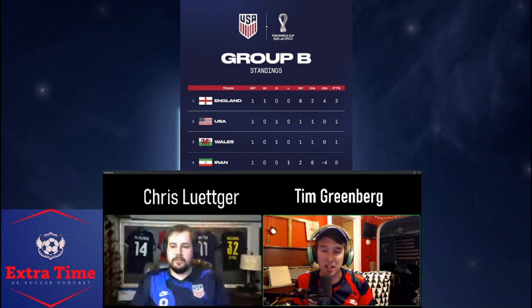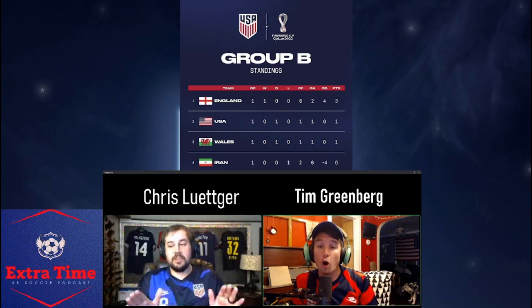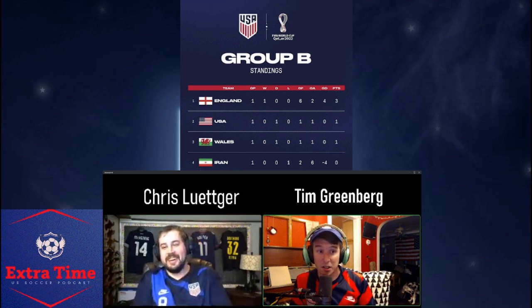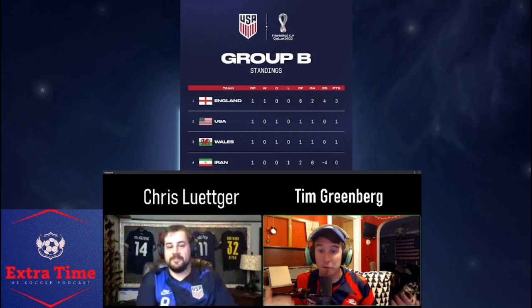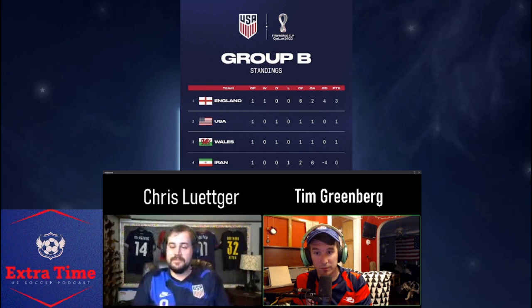The way that the United States will then have to get through is our goal differential, which means either we beat Iran worse than Wales beats Iran, or we lose to England less badly than Wales does, or some combination of the two. So, for instance, if we play England on Friday and we get beat 4-0, we're in big trouble. That'll be bad. Because not only do we got to win and overcome a 4-goal deficit. Right?